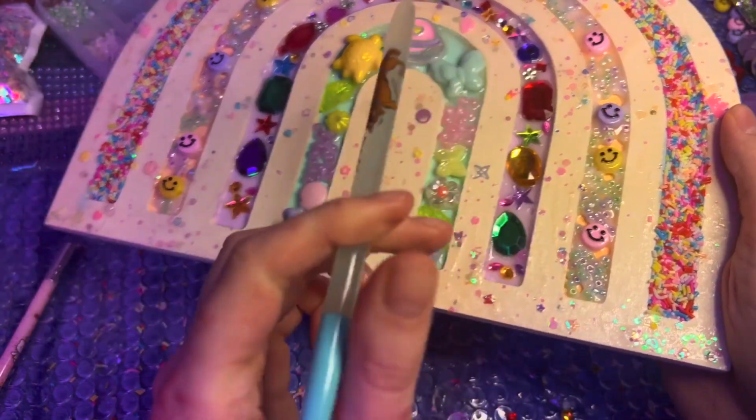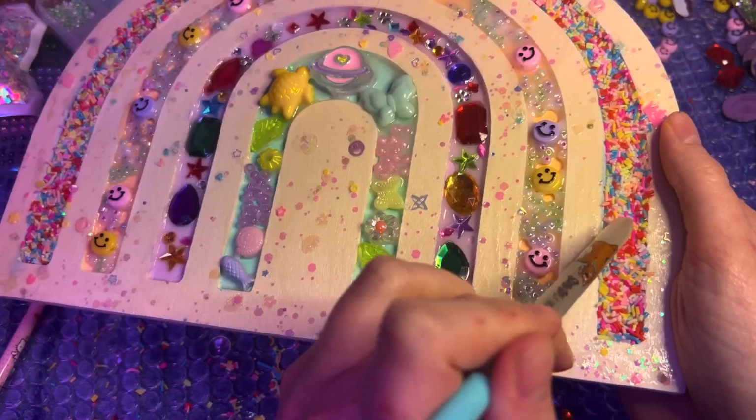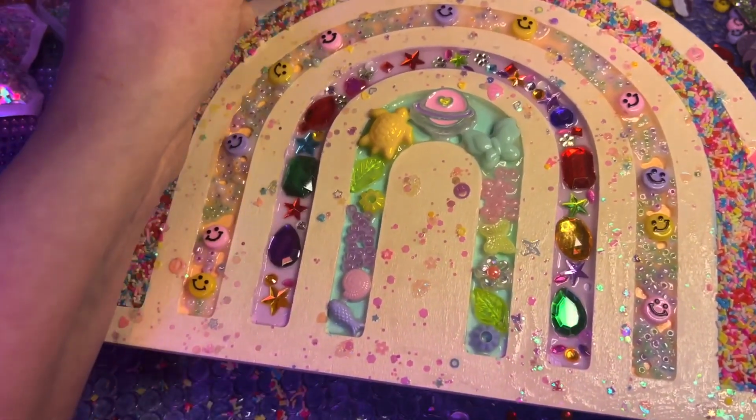As I said earlier, I also want to try making my own tracing tools. But I'm going to just do some sounds and